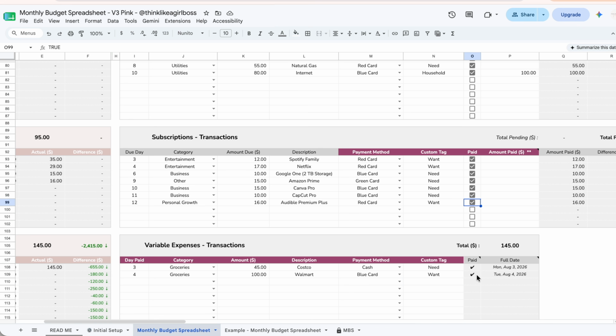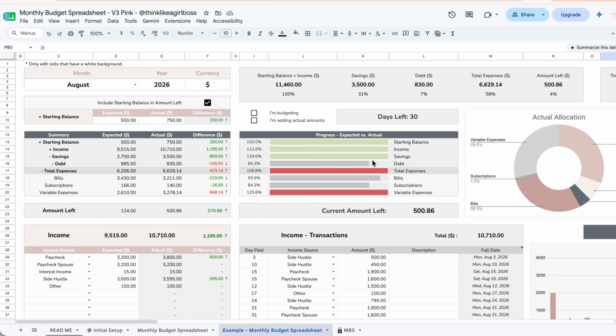So this is just a visual reference, a reminder, and you should never edit this column directly. Now, as you're adding transactions, you're going to notice that different summaries will update automatically. So I'm going to show you an example that's already filled out a bit more so you can see what